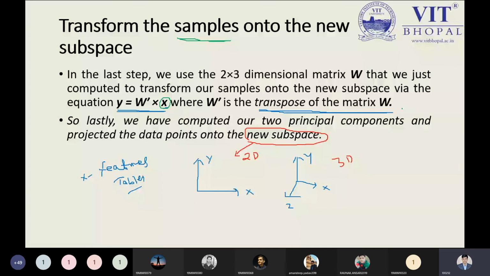So X is a new feature table. You can just use the feature table that has the three features. From that, you multiply by the transpose of the matrix W, and then you will get the Y matrix. That is a simple concept. Ultimately, what we are doing is transforming a 3D surface into a 2D surface, also known as the 2D subspace. So we are getting values in a different manner, not the 90, 60, 30 as in the actual data, and that is the only reason.